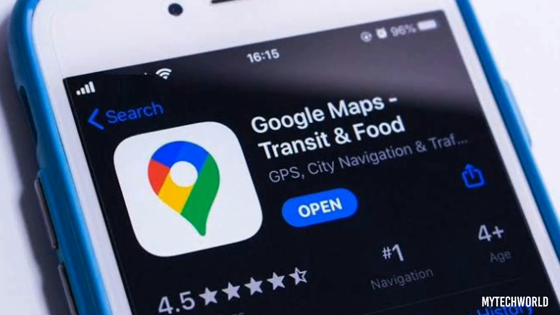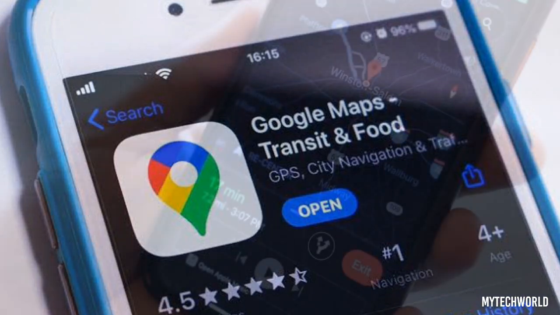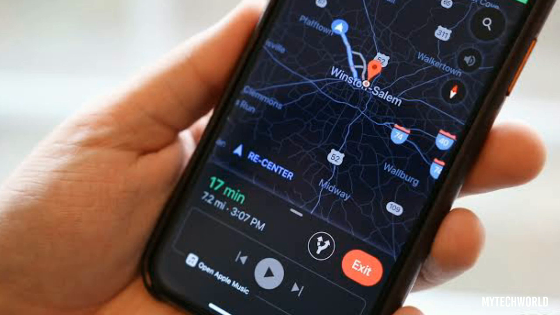Google announced today it is rolling out dark mode for Google Maps on Android. Google had been testing dark mode for Maps since last year in September, with few select users having received it. Dark mode will soon be available to all Android users globally. This is the official dark mode for Google Maps that will turn the theme of the app from light to